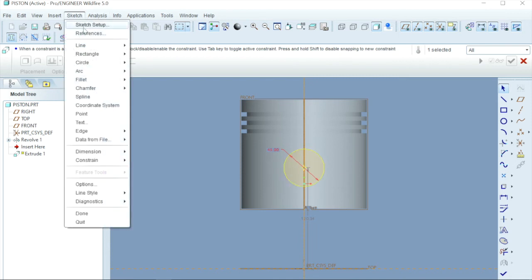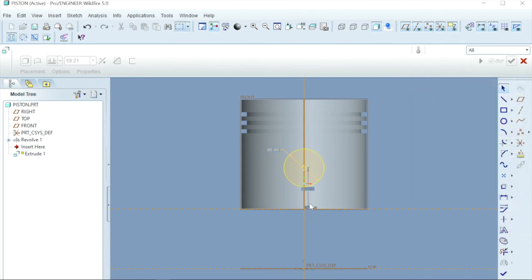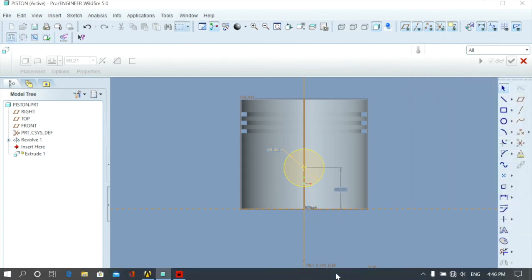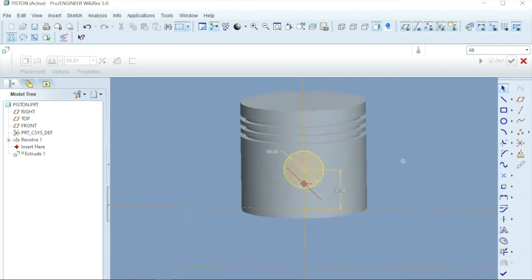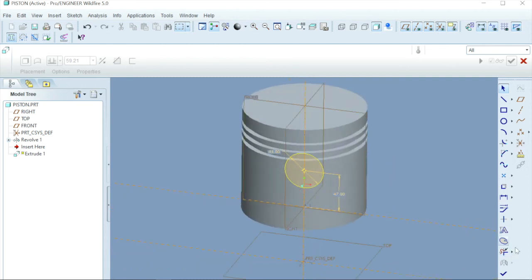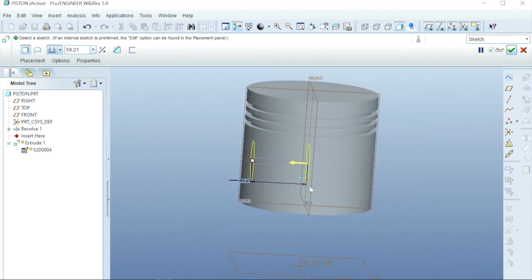Also here you can give the exact place where we want to make the hole. So we need to create one more reference. Just give this reference. Now it is showing this distance. At what distance the actual hole is required, we can give that. I'm giving 47 only, no need to change. Okay guys, now click on done. Because we have selected the front plane, our model starts from the front surface only.